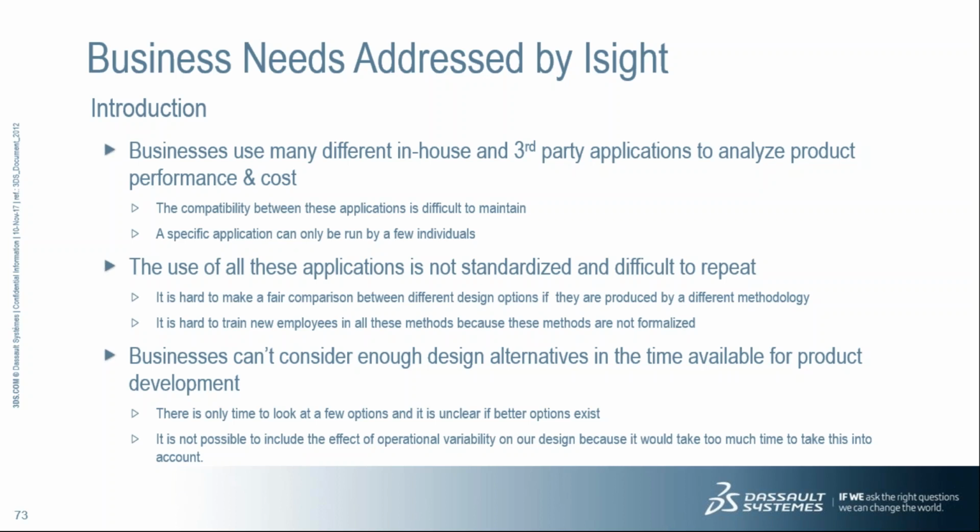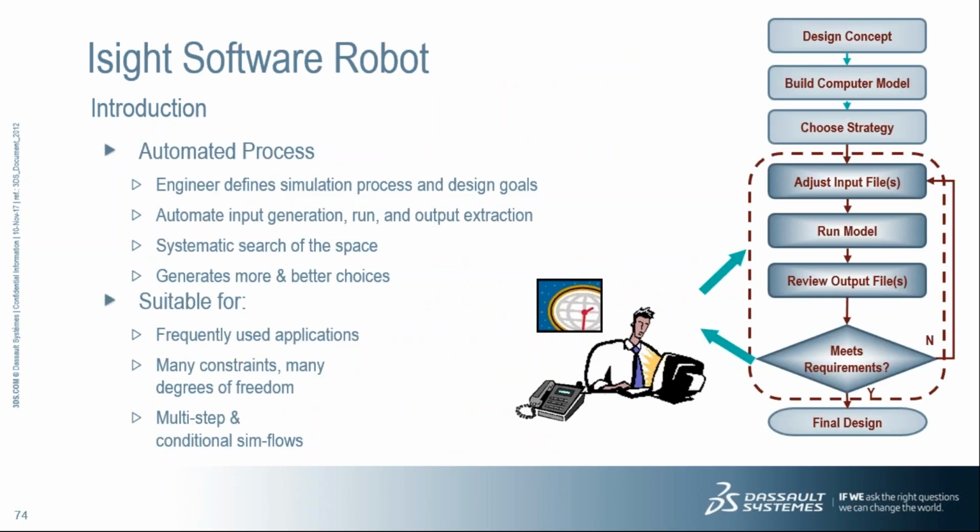Always there will be interactions, or they require some coordination with the existing tool, and in order to do the multiple iterations with the change in parameters like parametric results, so that you achieve the goal in a minimum possible time with minimum cost and minimum investment. So there you will have a design concept to build the computer models and choose the strategy, as well as adjust the input files to run the models, and review the output files,